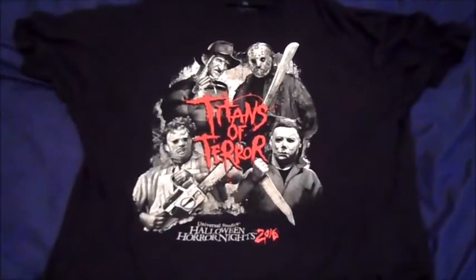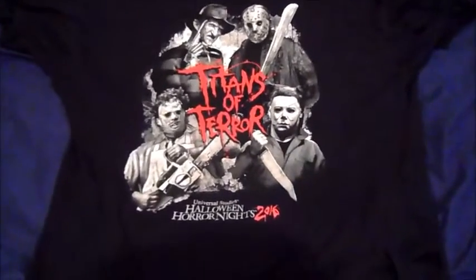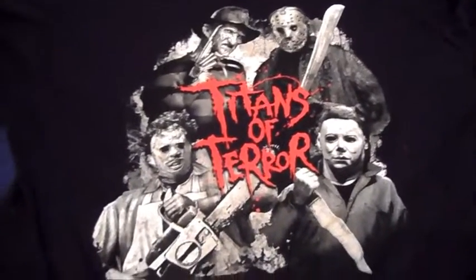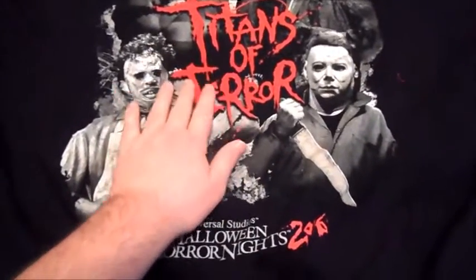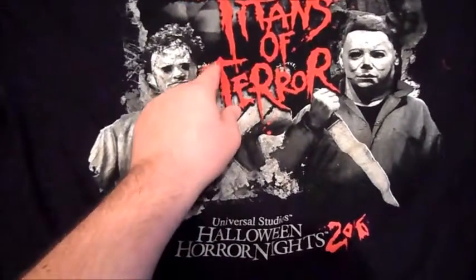So first off, we've got the Titans of Terror shirt, which I absolutely love. It's an interesting design, and it's got all four of the icons that were at Halloween Horror Nights 2016 Hollywood. What's also interesting is, instead of the usual material they use for the blood lettering, this is actually a soft